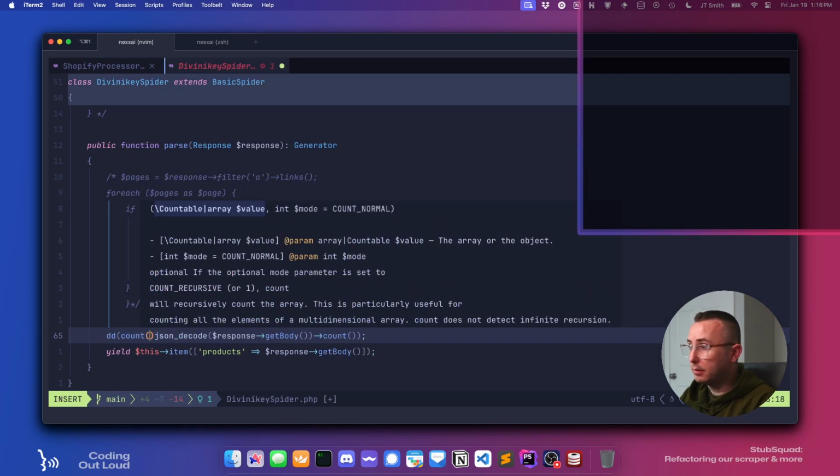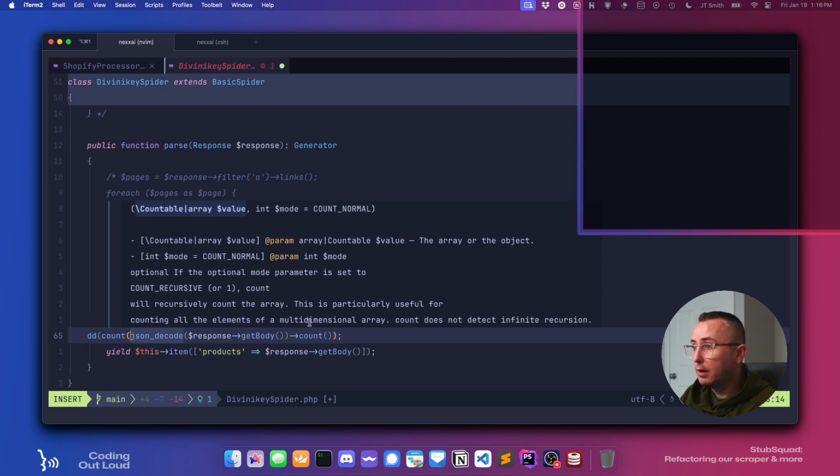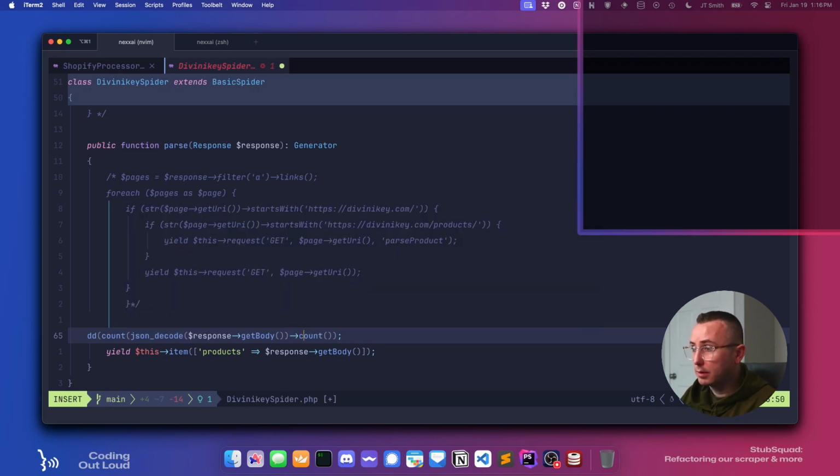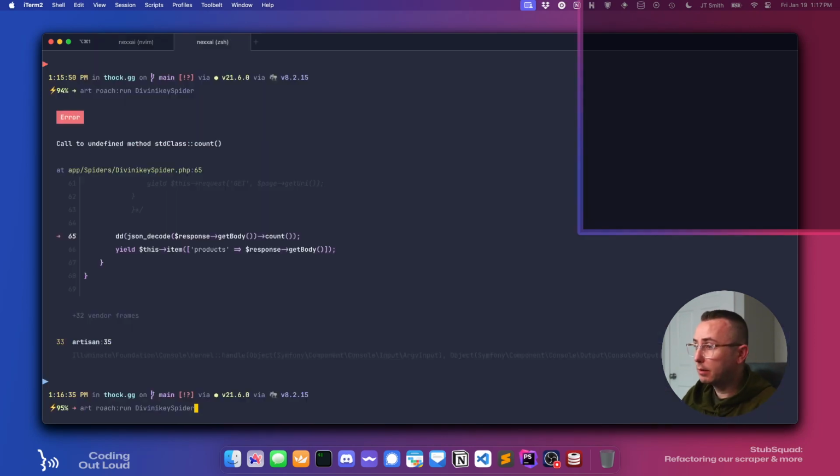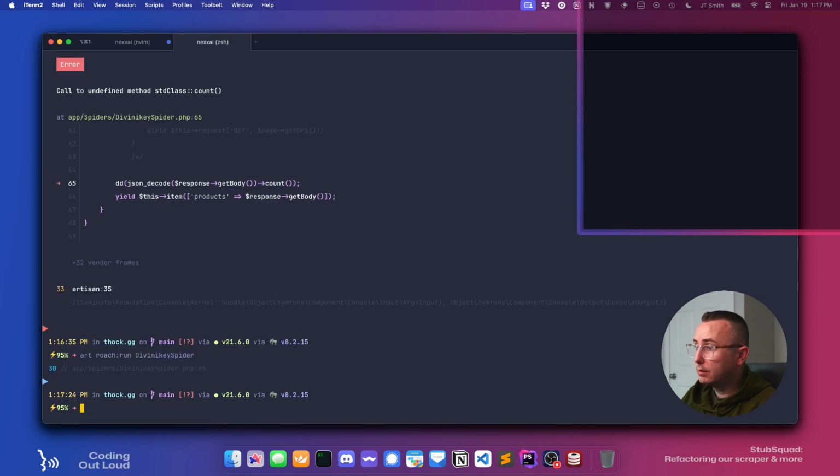Count of, and this should actually be products. Okay, so that's going to decode, so that's the JSON decode. Products. There we go. Okay, so if we run this again, so it's only seeing 30 products,